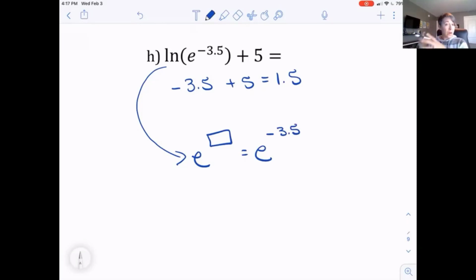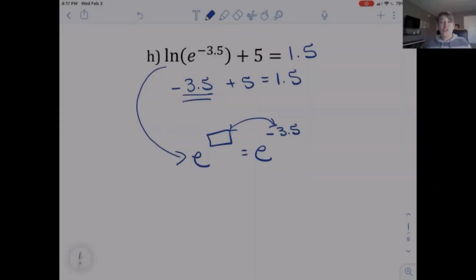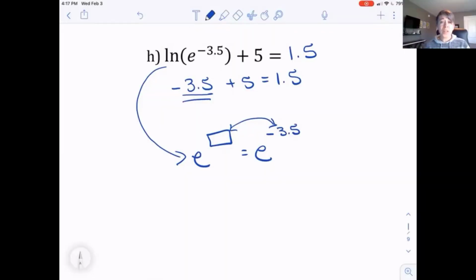Base of the argument equals the base of the logarithm. So these two here should be the same. So that's why it just equals negative 3.5. So we get 1.5. So you're going to practice some of these in your homework